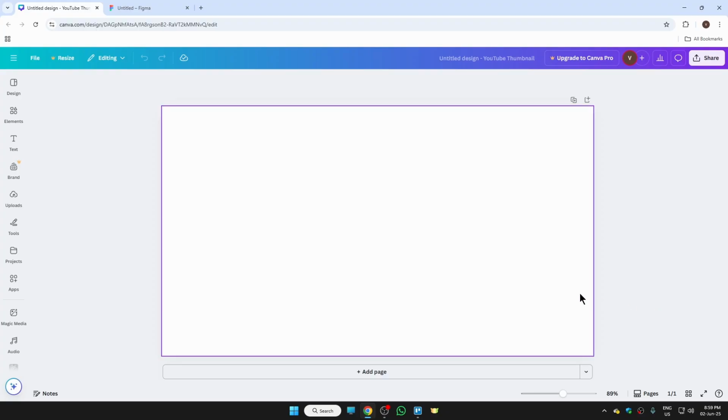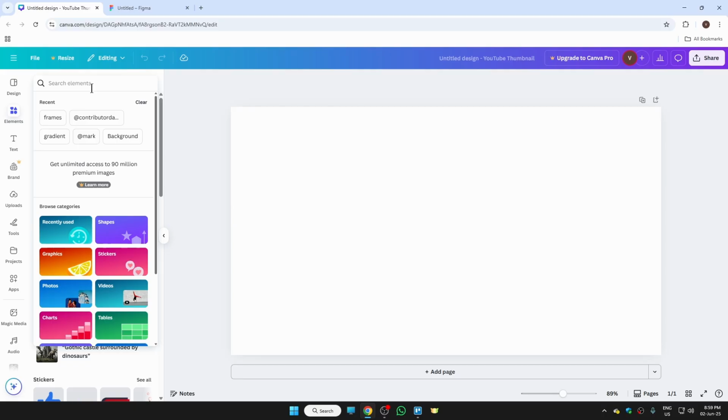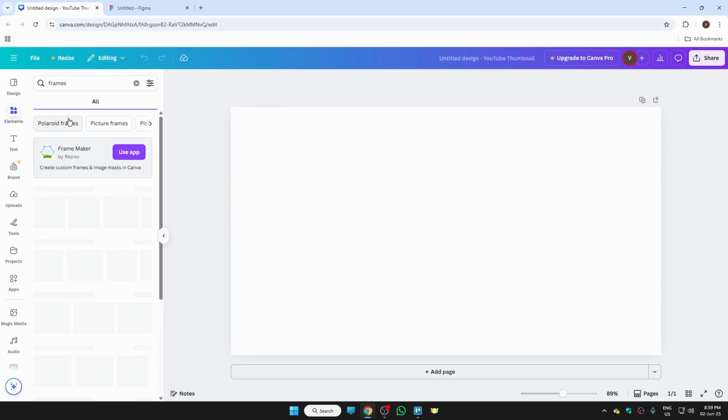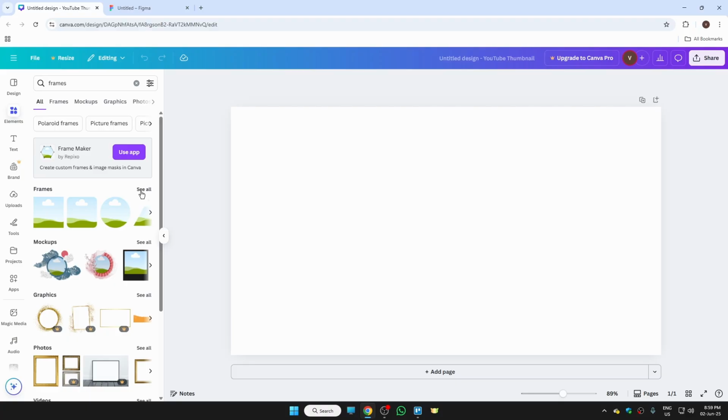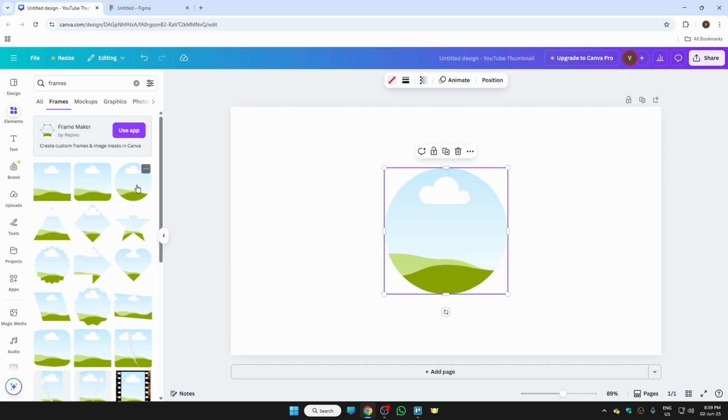All you have to do is go and click on Elements, and right here you need to look for Frames. As you type that, you'll be able to see all the frames available in Canva. You just need to click on See all, and all these shapes you can crop your image into. I wanna crop into a circle shape, so I'll just click on the circle shape,